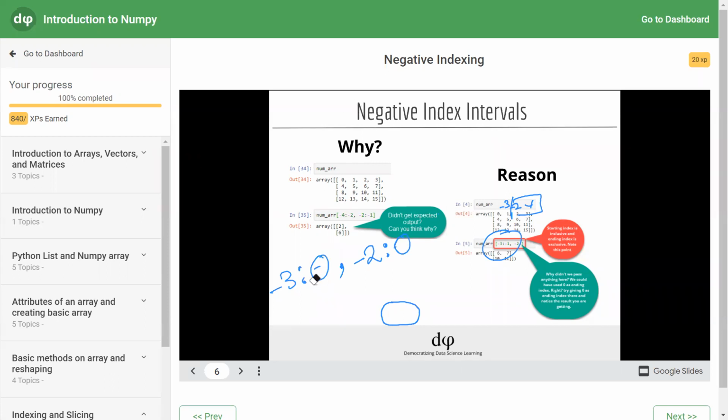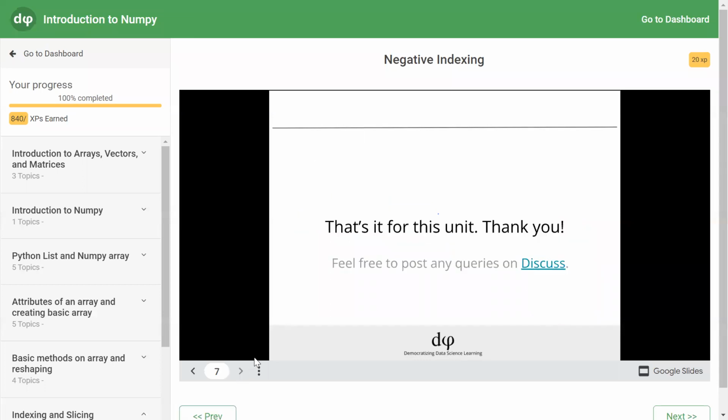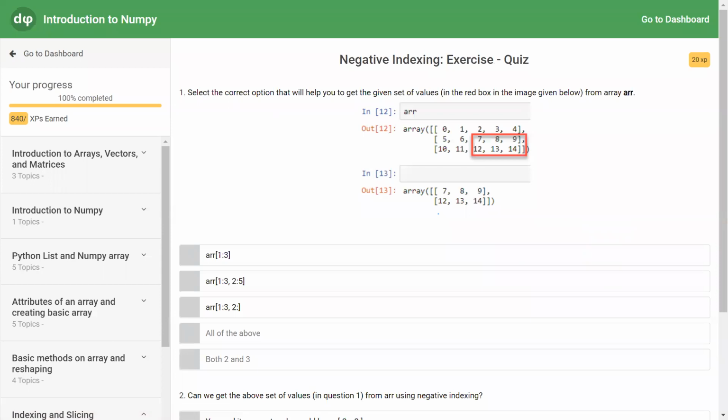So you have to use one less number from the index which is extracted. So it is -1, therefore we use 0. Here the last index was -2, therefore we use -1. When we go through the exercise solving part, we will see one more example of this and understand this in more detail. So going to the exercise solving part.